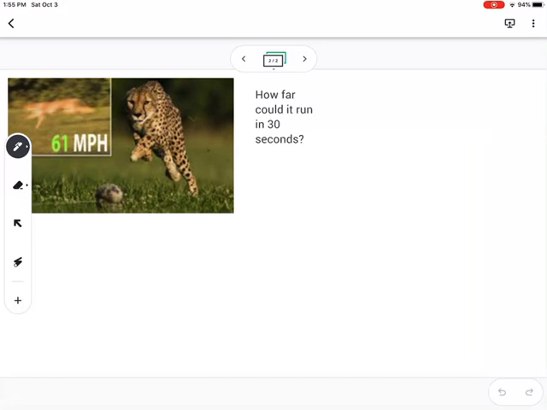But the other thing we know about cheetahs is they can't do that for very long. But let's say that it could keep up that speed for 30 seconds. The question would be, how far could it run? So just like before, we're going to start always with